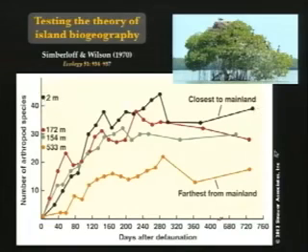So what the authors interpreted this as was a recovery to equilibrium numbers of the species. And it varied, the rapidity with which they arrived back at their equilibrium varied in relation to distance from mainland. And that after some time, they seemed to look like they were stabilizing in numbers.